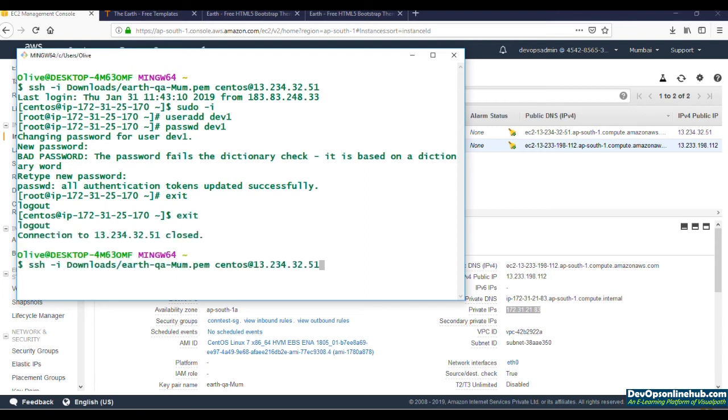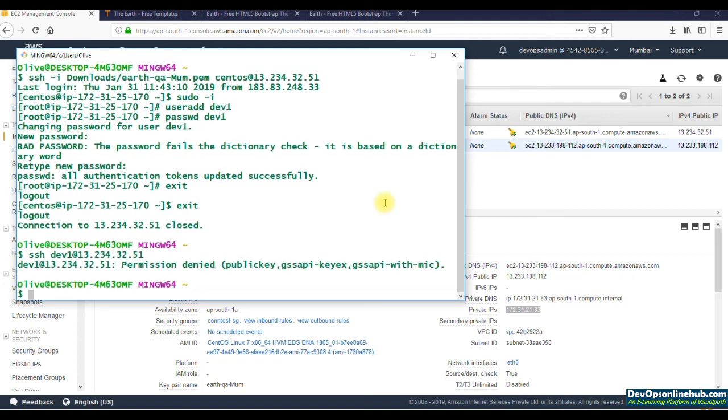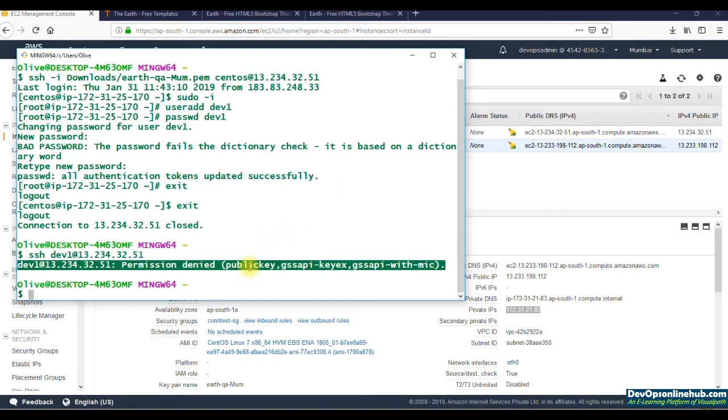Okay, now instead of logging with the key, I will log in with this username and password. Let me try that. Dev1, right? Okay, I'm going to get an error. This is because key based login is only enabled, password based authentication is disabled, so I cannot log in with the password. So what I have to do is